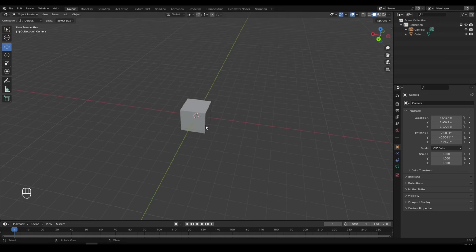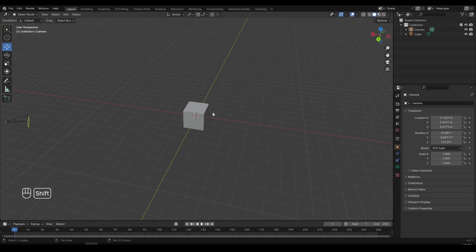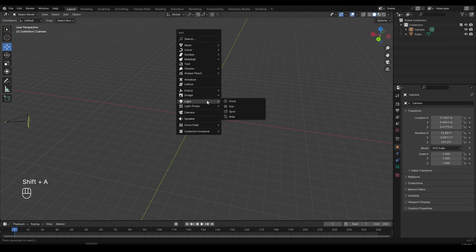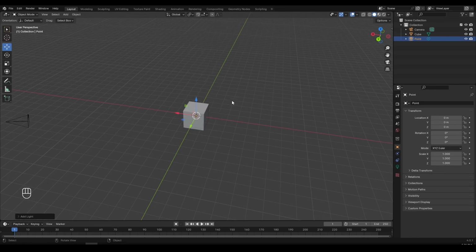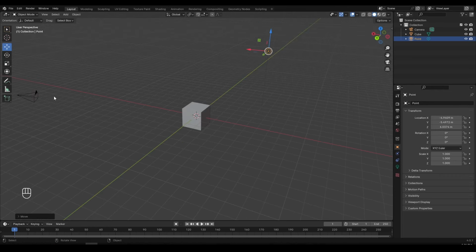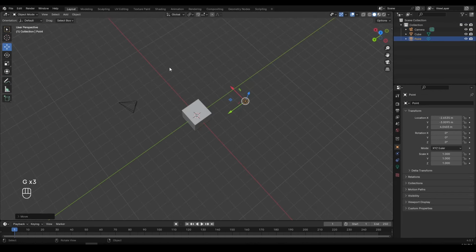So let's create a point light. I'm going to press Shift A, then go to light and then point. We have 4 different lights to choose from, and I'm going to create a point light because that's what we had in the default view. So let's make this look like we have just opened Blender. I believe we had something like this. I'm doing this because I want to show the importance of collections and of organizing our files from